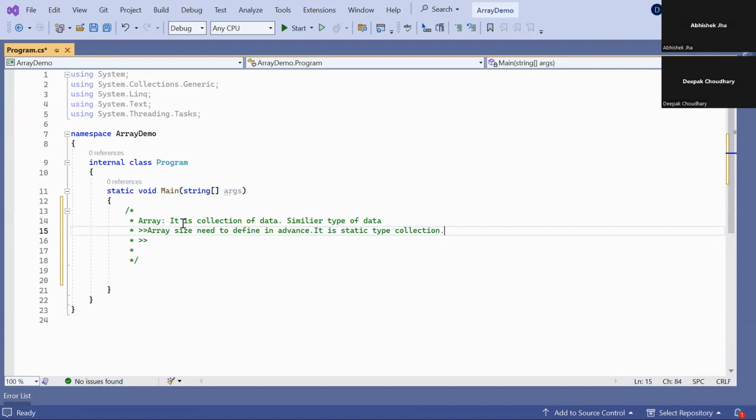Whatever size is defined at program time, it can only hold that number of data. Okay, it's like VARRAY in PL/SQL, from what I can understand. Correct. You don't have an unbounded array in C#? Which array? One which is not bound, which can take infinite numbers.